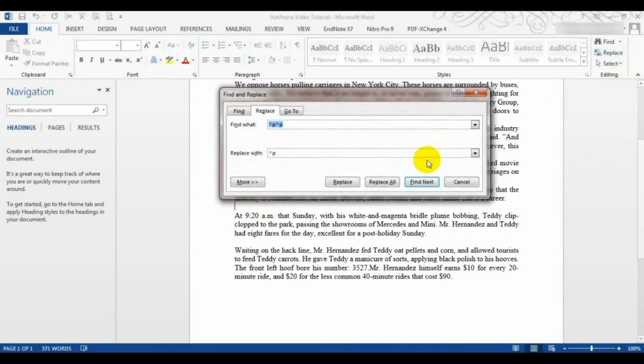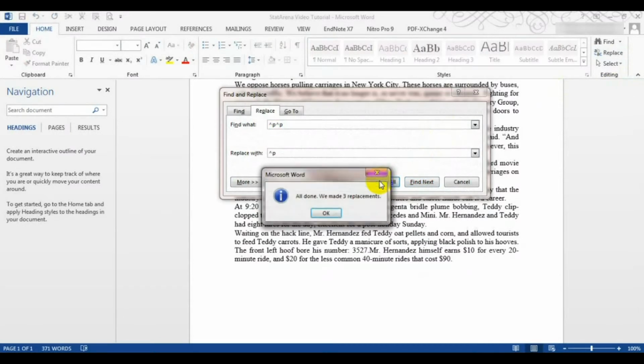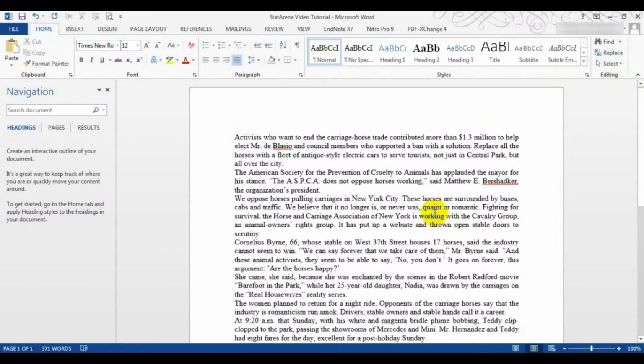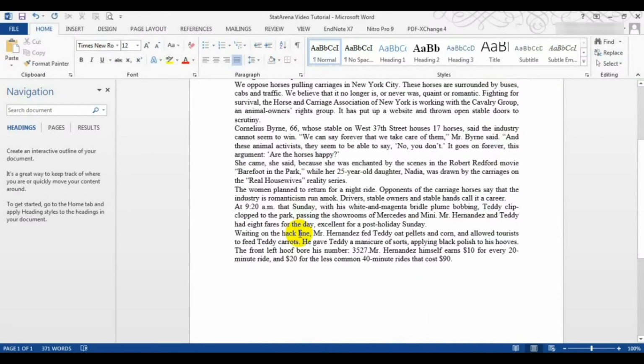I'll click on replace again. I'll say replace again. So wherever now we had 2, they've been reduced to 1. Okay, close. And now we don't have any spaces between any of the paragraphs. This is how we automatically remove spaces between paragraphs, spaces that have been entered manually or by pressing the